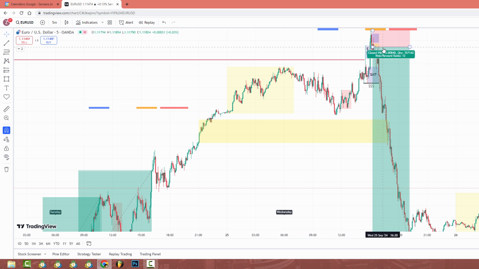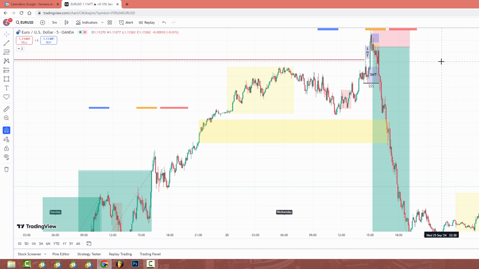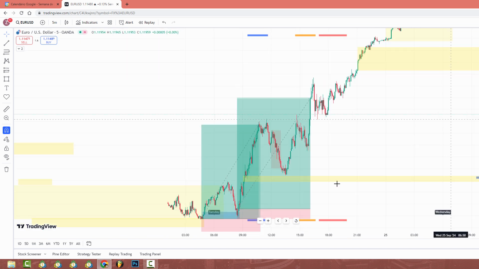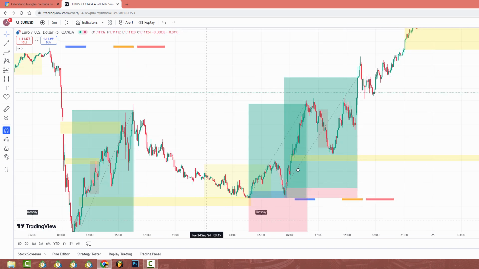Because if we don't, it most likely means that the retest has already been done, that the rebalance has already been done. So if price has already tagged it, there's no reason for price to come back at it again, if you get what I'm saying. So if we go on here, I didn't take any of these trades,